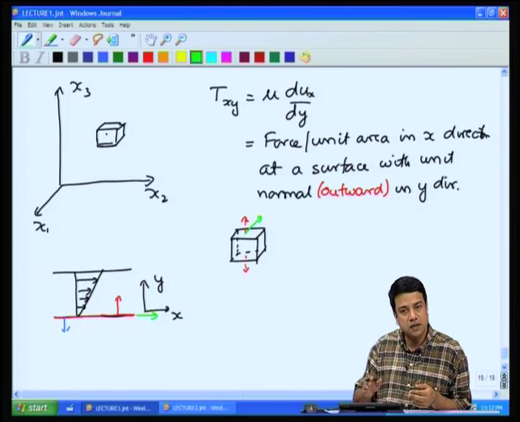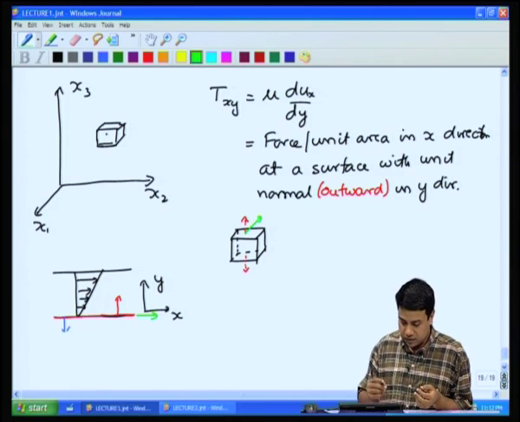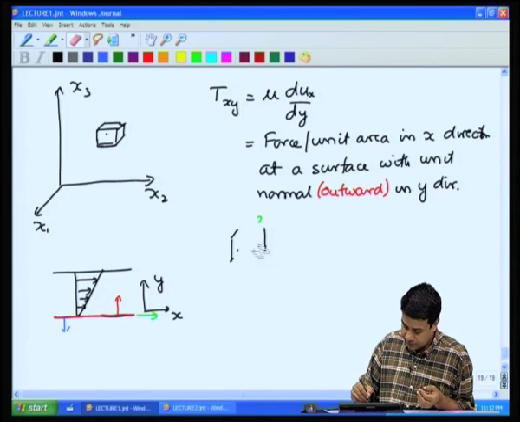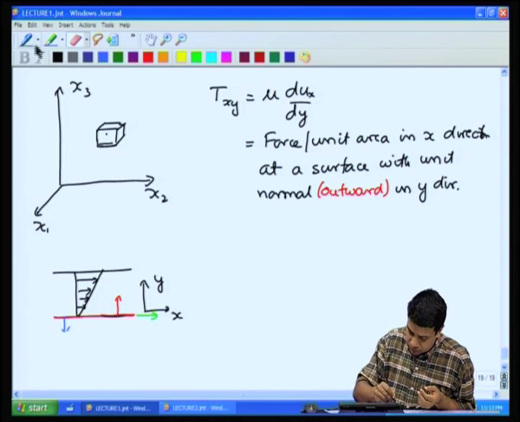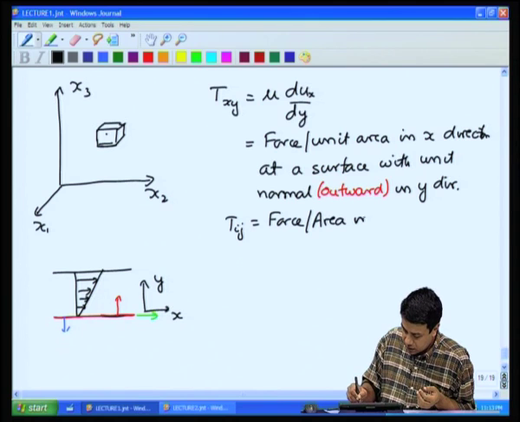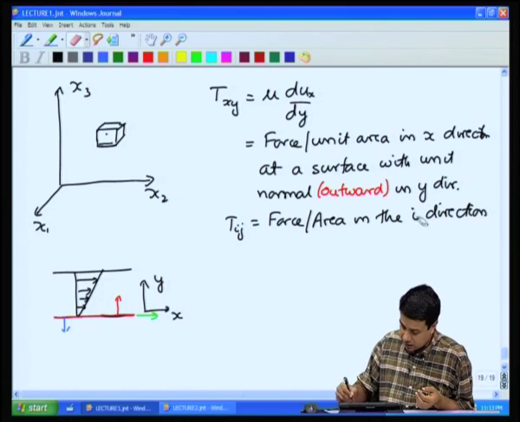So, the first index is associated with the force, the second index is associated with the direction of the unit normal. For any general component, Tij is equal to force per area in the xi direction,